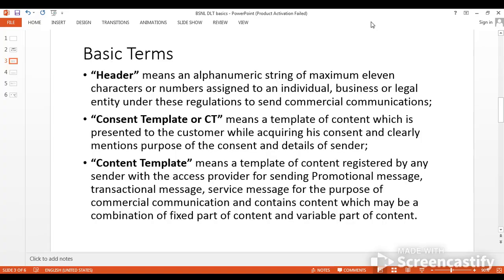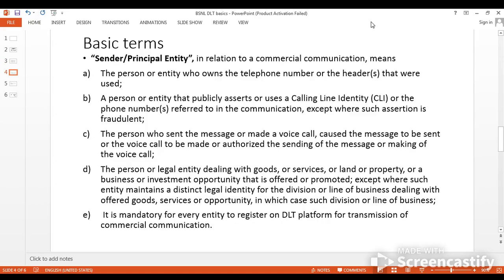The variable part can be modified for every customer. If they want to send the SMS to two customers, they may be using the same template, but the variable part may be different for different customers. So that registration is also required of the DLT. So next we'll discuss the sender or